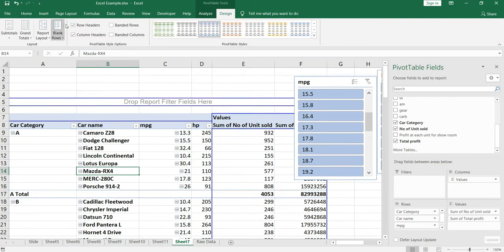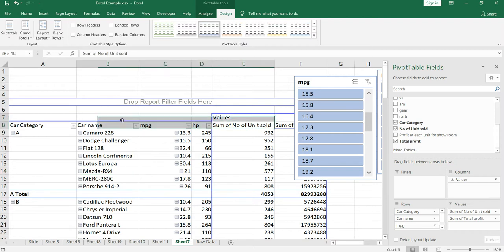So we require this row header. If we uncheck this, right, so currently we are using this traditional pivot table, so the row headers won't disappear. But if you had used the normal pivot table, then the row headers would have disappeared. If we uncheck this column headers, right, so this column header formatting will be gone.